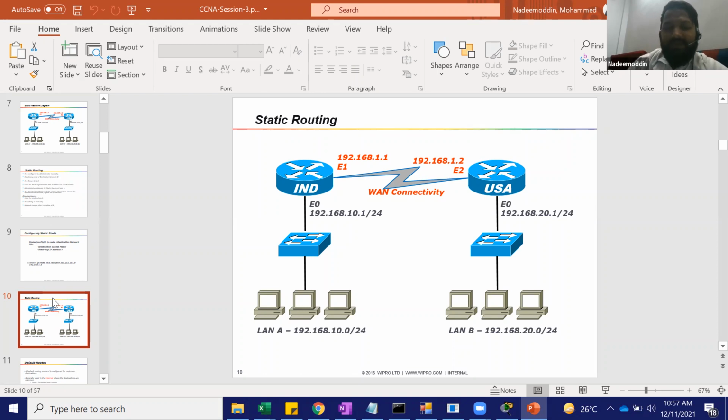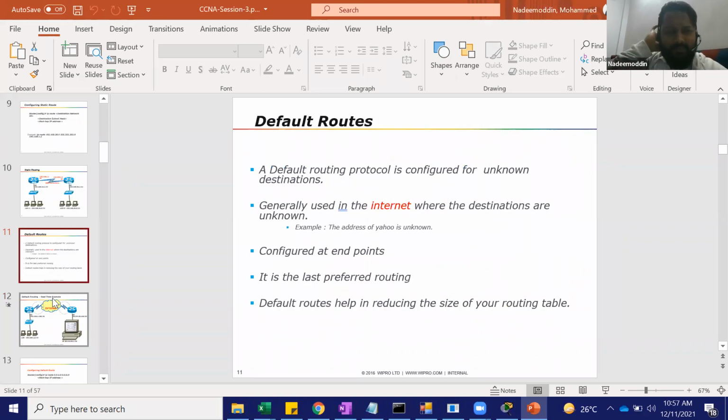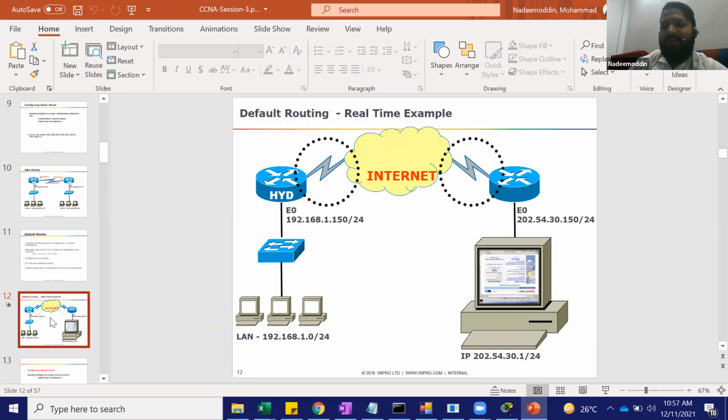Then there is something called the internet. Users access the internet, like facebook.com or youtube.com, and every internet site has some IP address. Say this user is accessing Google.